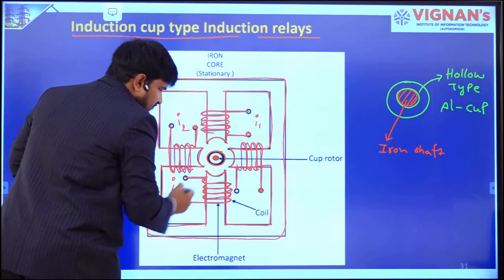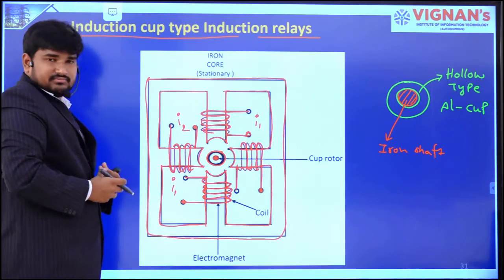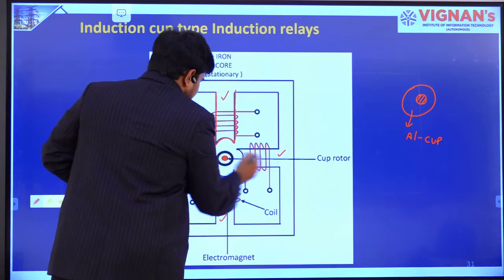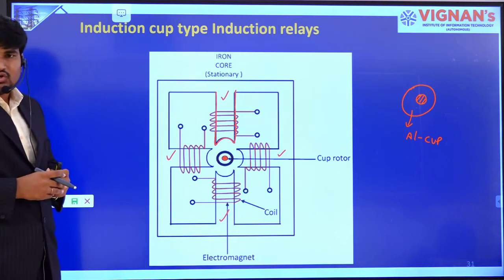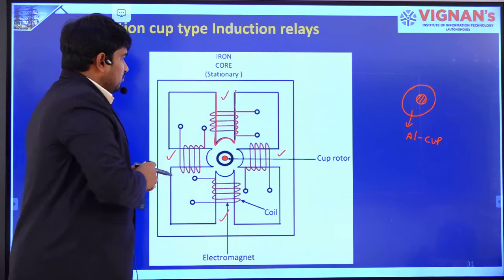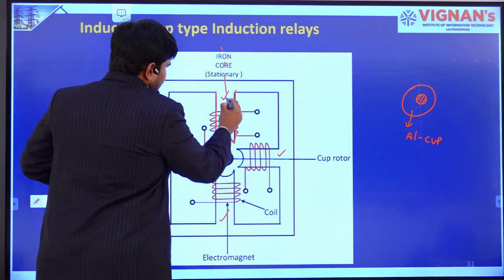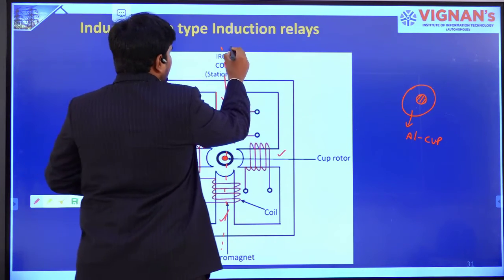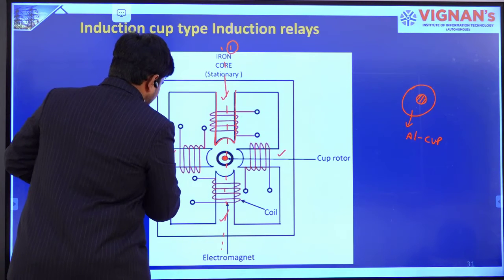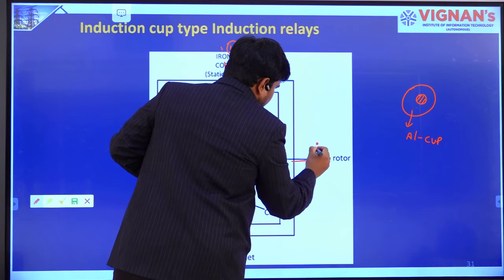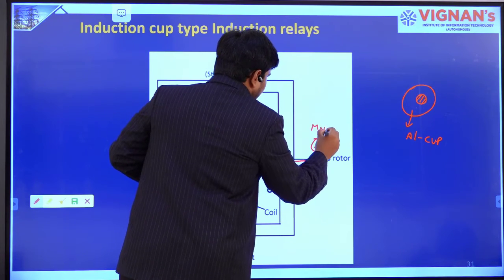Inside this we can observe here, these two are the primary electromagnets and these two are the secondary electromagnets. So if you see the arrangement in between these two, for example, this is the MNA of coil 1 and this is the MNA, that is magnetic neutral axis, of coil 2.